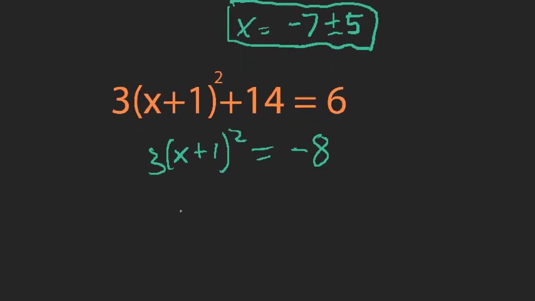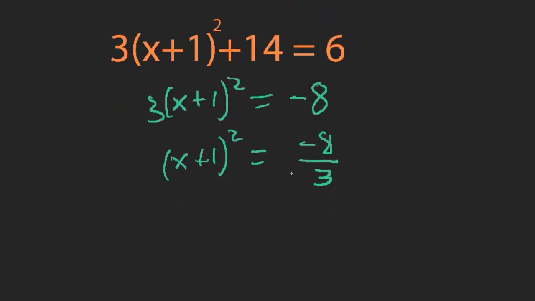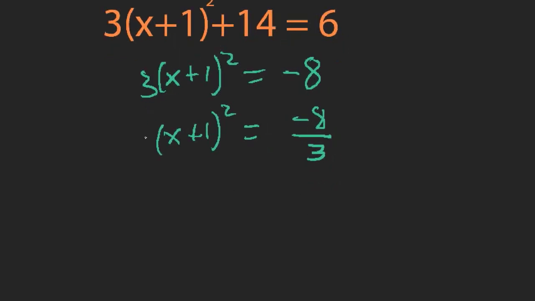And now I'm going to divide both sides by 3, and you might have noticed at this point something a little weird is going on. It doesn't really matter that -8 is not divisible by 3. The point is, now we're going to take the square root of both sides, but we have something squared equals